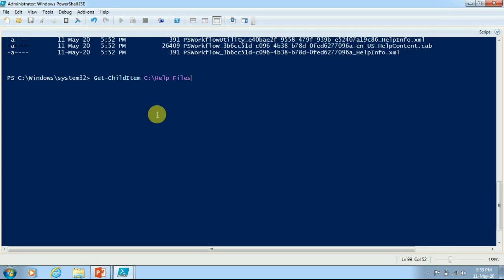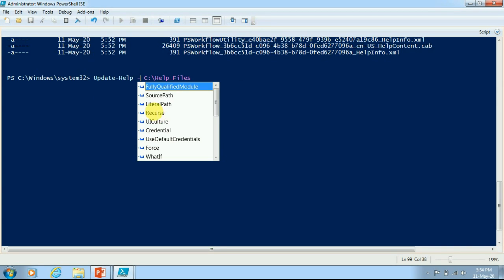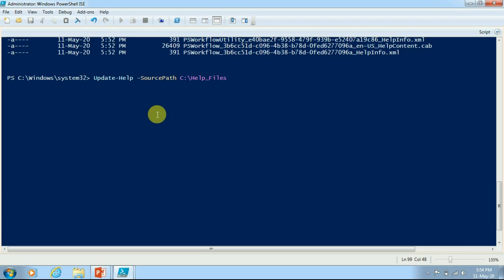Now we will see how we can use these files to update the help system. Again we will have to use Update-Help here, and with that we will have to use SourcePath. It will take all the files from this path and install them.